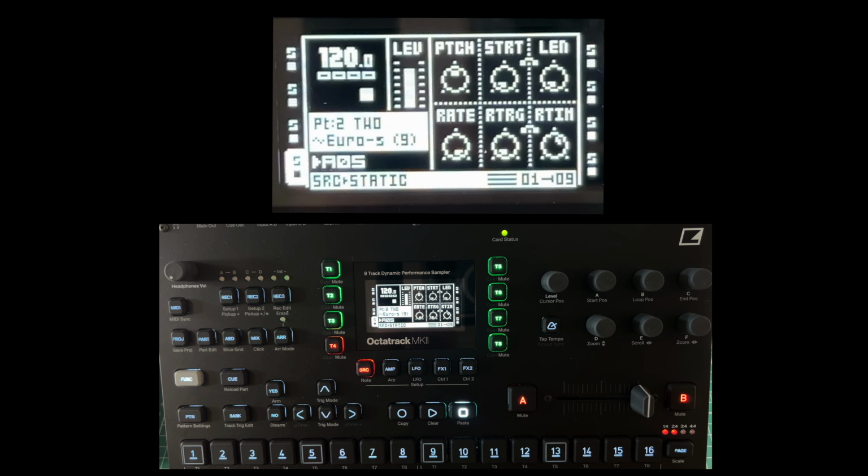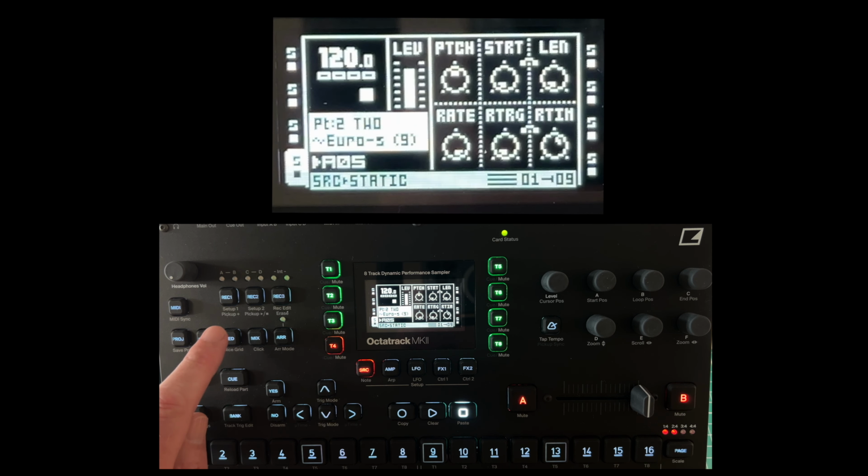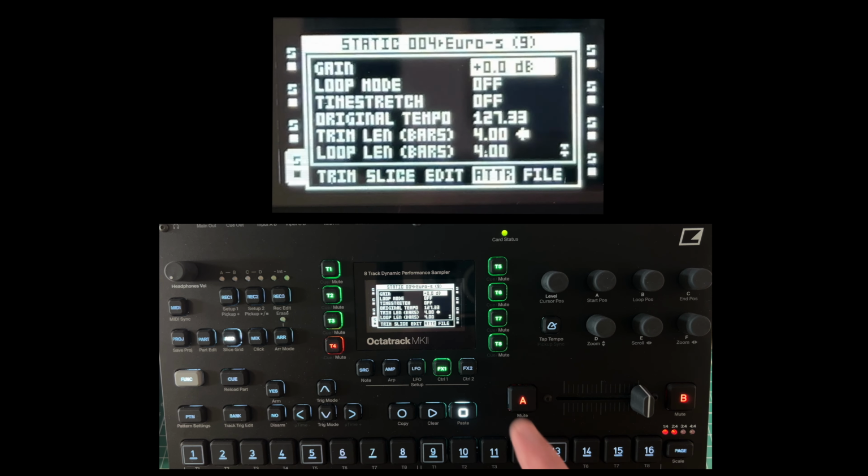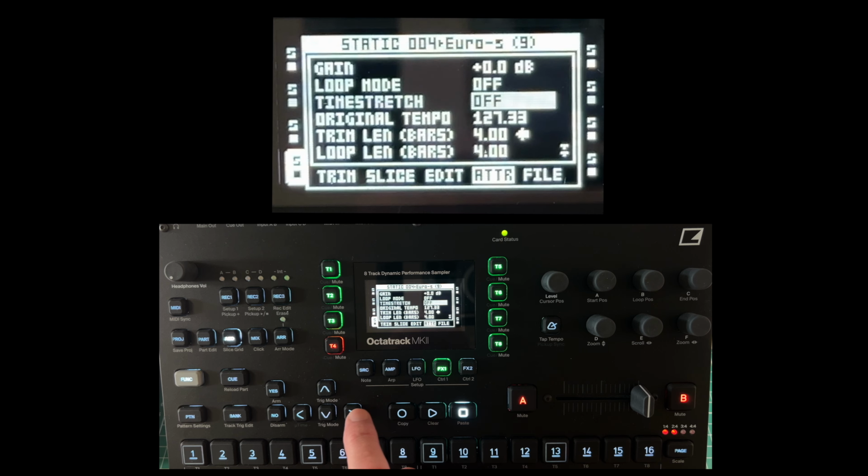This is the track with the bass on it. You press AED, which is the audio editor, and you press FX1, which is aligned with the attributes, and you can see time stretch is off. If I scroll down to that with the down arrow, and if I go to the right arrow, it's on, or it's on normal, shall we say, and then off. So that's what it should have been. It wasn't, it was on normal, so it was trying to stretch the timing of that sample,